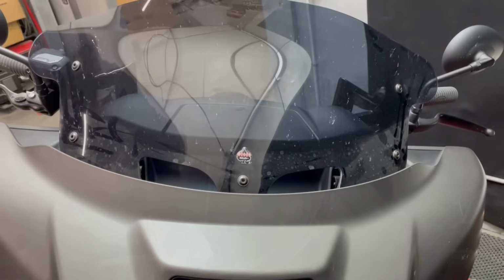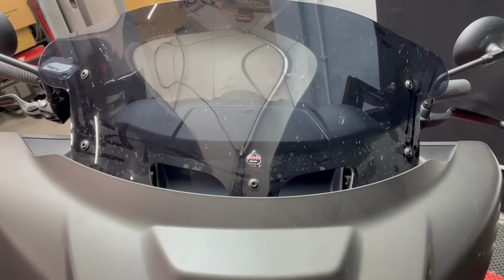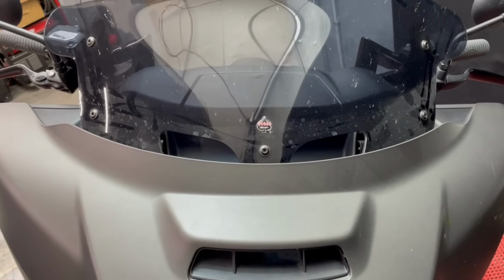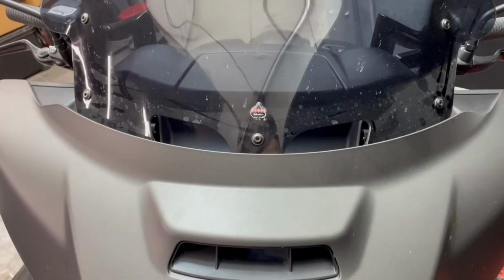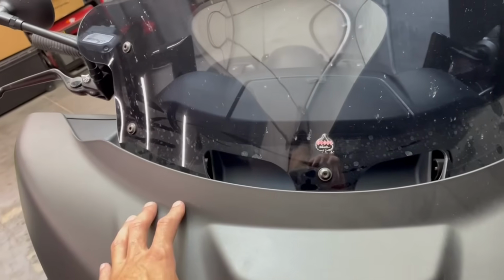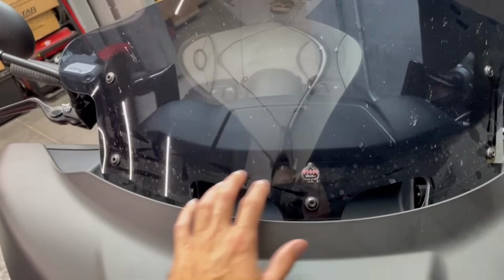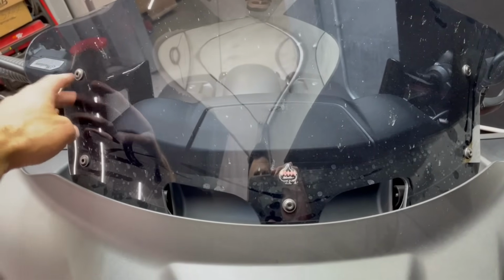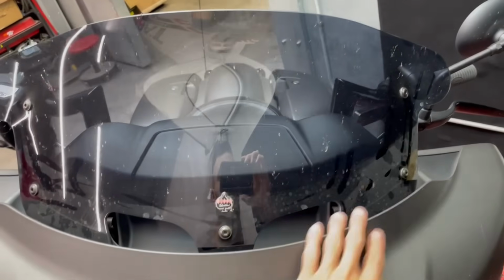If you can't get the switch harness freed up by working through the headlight hole, what you can do is actually remove the whole outer fairing shell. To do that, it's a lot easier to do if you take the windshield off first. So there's just 5 screws holding that on, here, here, here, and then same on this side. Then once you get those out,